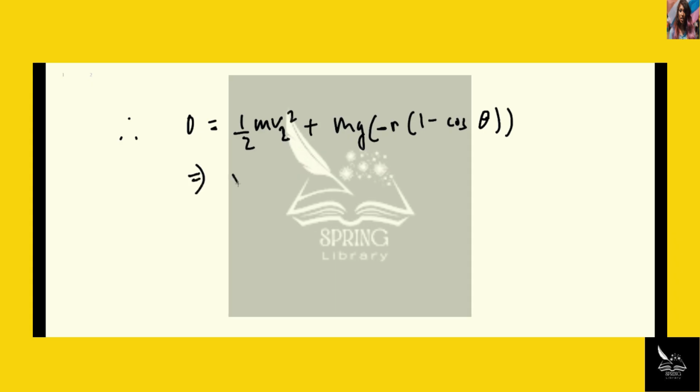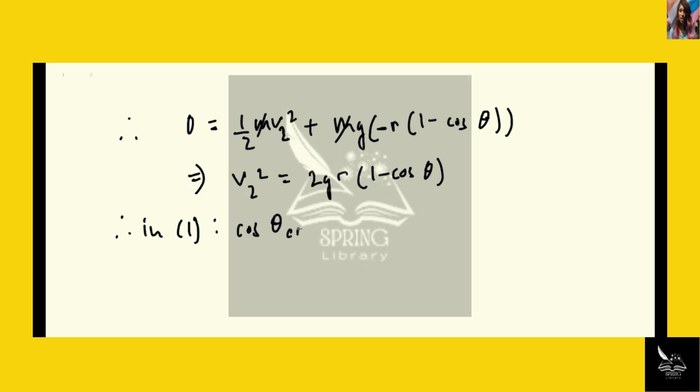So the m's cancel, obviously. v2 squared, therefore, is 2gr times 1 minus cosine theta. Therefore, we can substitute this in equation 1. We have cosine of critical angle is equal to 2gr times 1 minus cosine of the critical angle